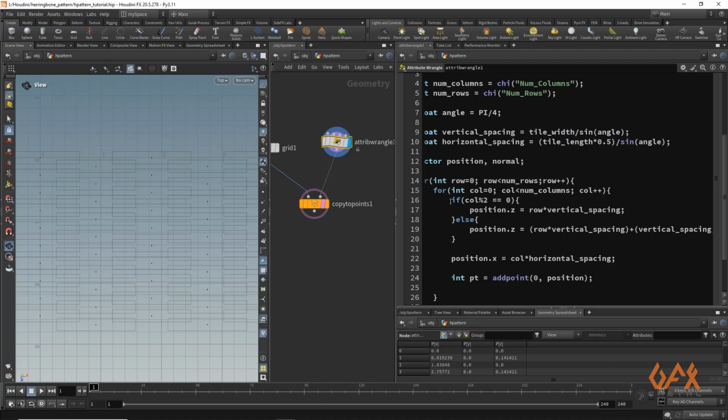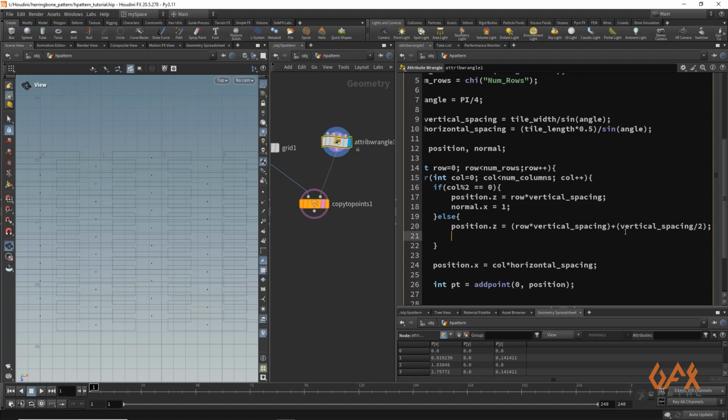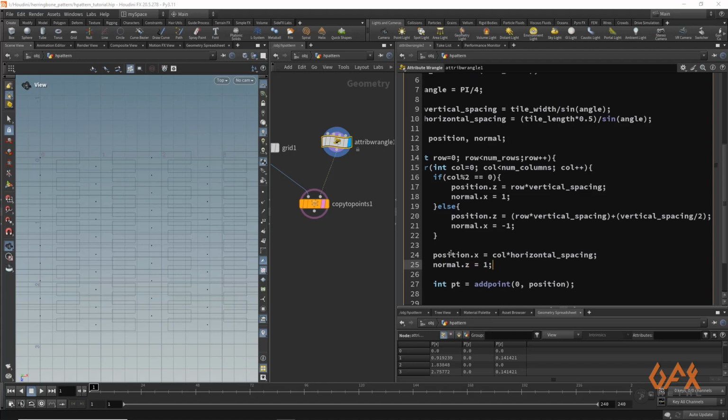So within this if condition we define that normal.x is equal to 1 for this condition, and normal.x is equal to -1 in this condition, and normal.z is always 1, so that is fine. But now this is just a variable. We need to assign the value of that variable into the normal attribute.